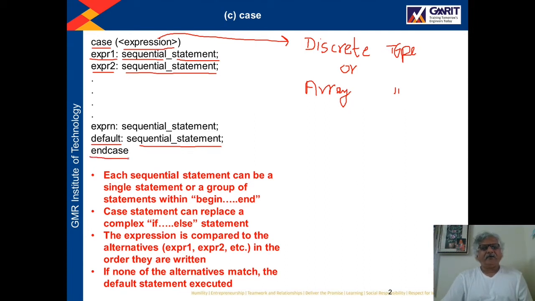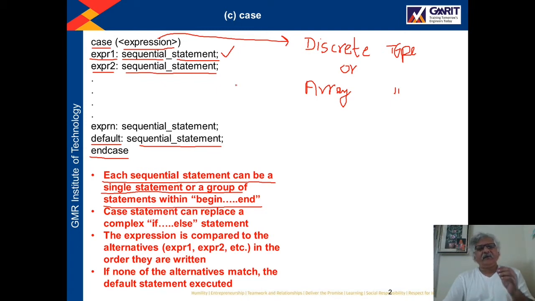Then end case. So this is the syntax of the case statement, and here are a few points we have to remember. Each sequential statement can be a single statement or a group of statements within begin and end keywords.